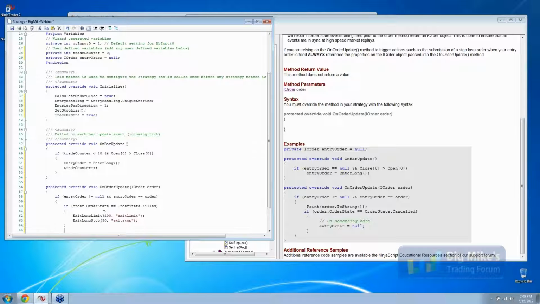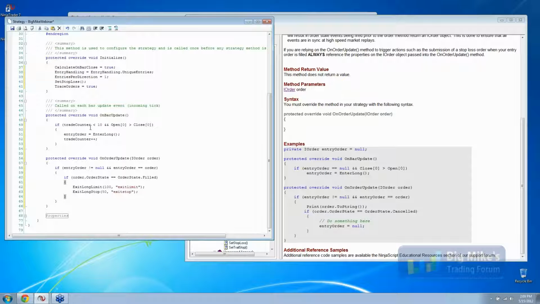So what I've done here is I said immediately once my entry order of enter long is filled, I want to go ahead and place in exit orders, or I want to bracket my trade with protected exit orders. I'm bracketing with a limit up on the top and a stop on the bottom. When I do it this way, I have more flexibility in controlling when exactly my protective stops are placed